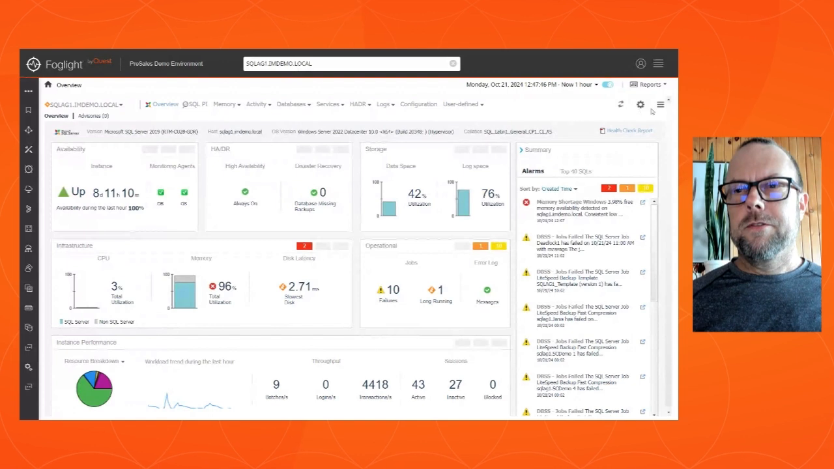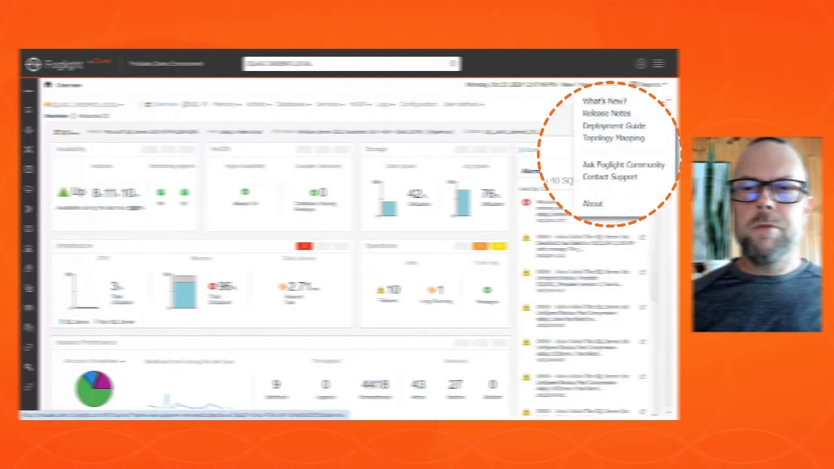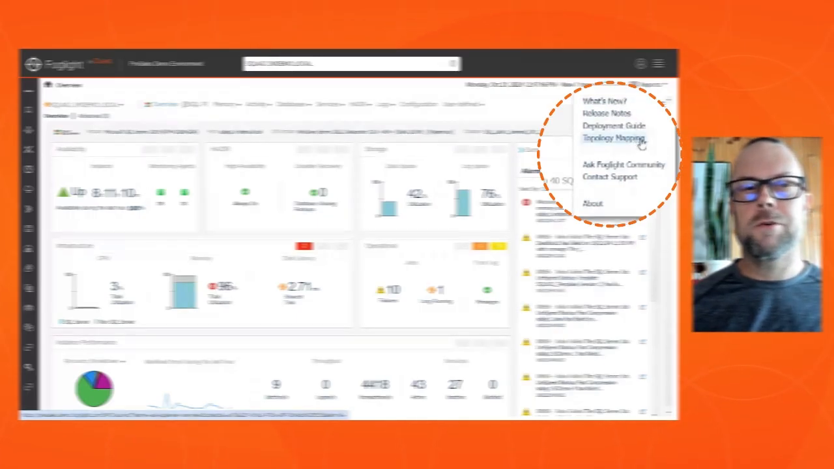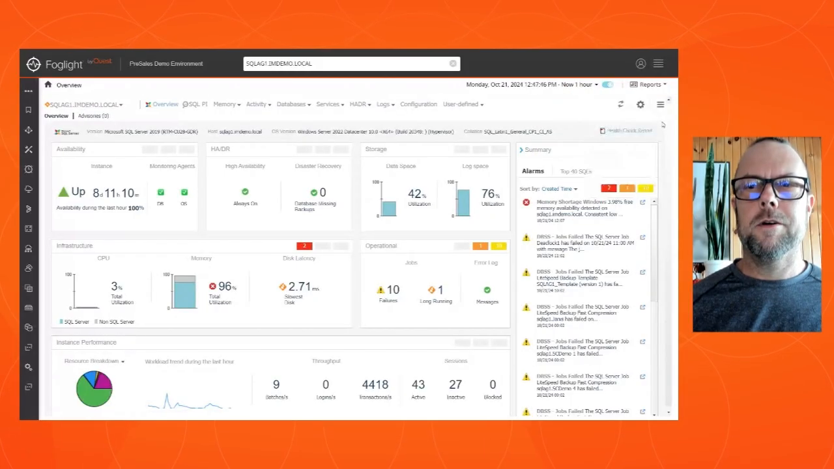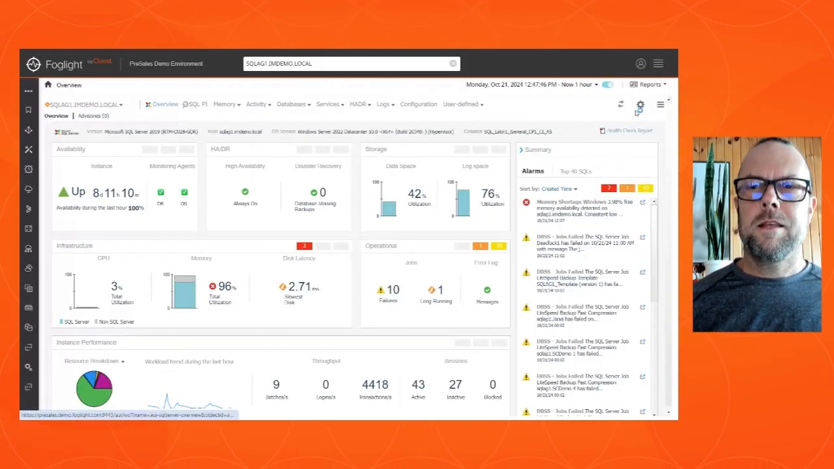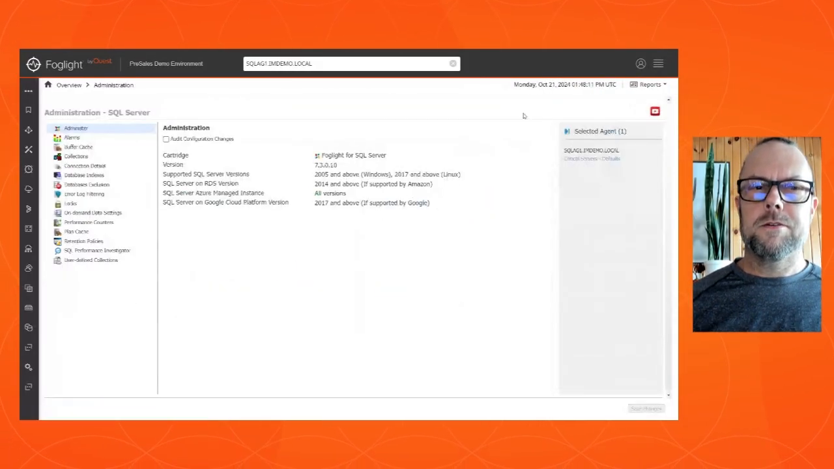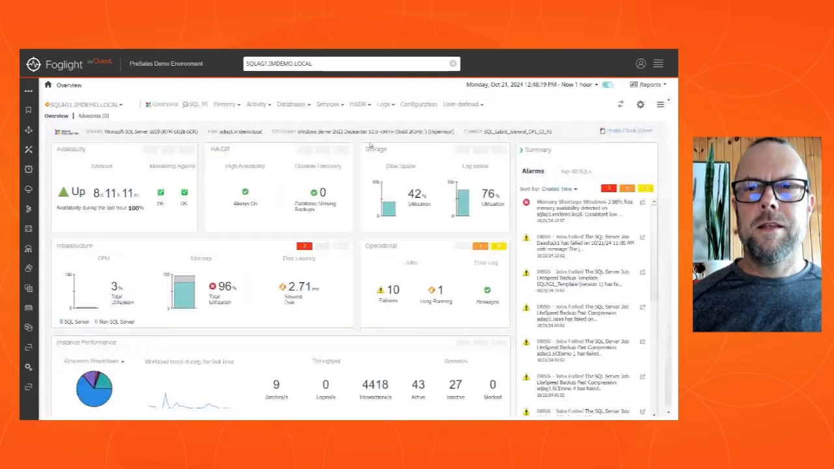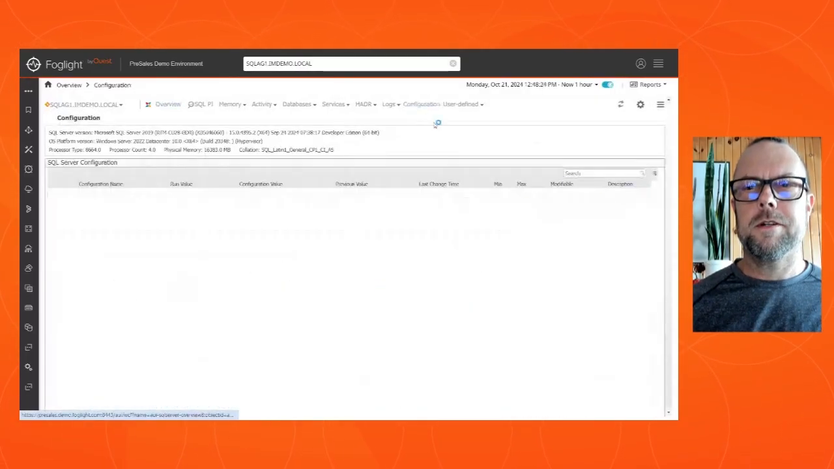We also have on this drop down the ability to contact support, ask the community, look at release notes. There's a topology mapping for some of the cartridges, so that gets into greater detail on various metrics. There's some settings you can jump into right away, get right into the administration page. And then as you dive into stuff, let's see, if I go into a dashboard,